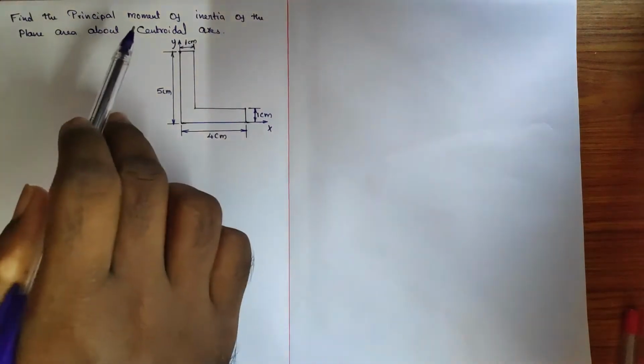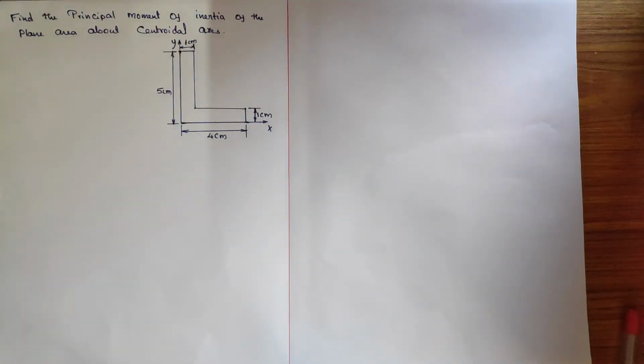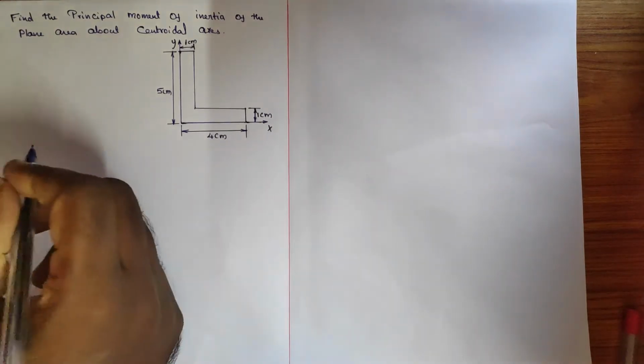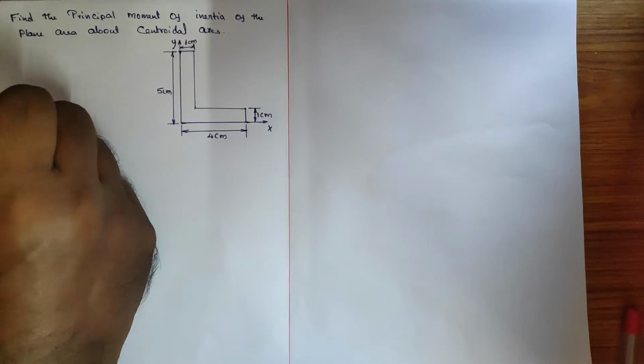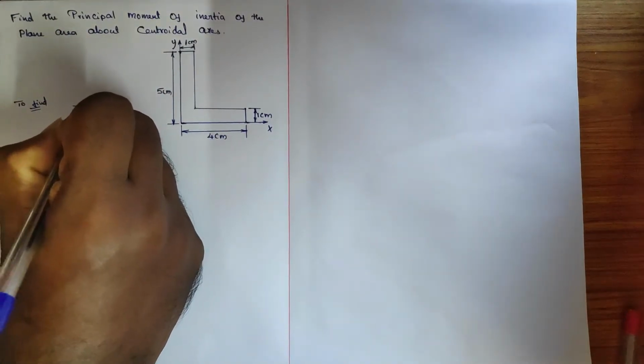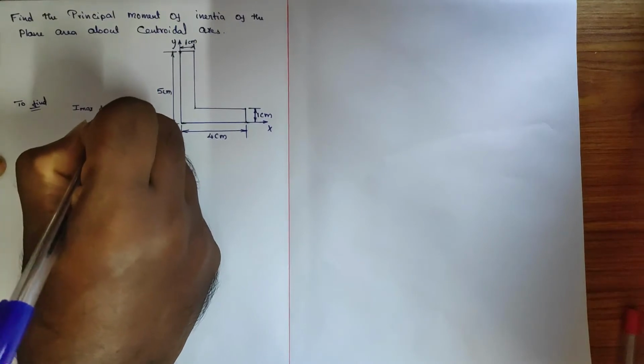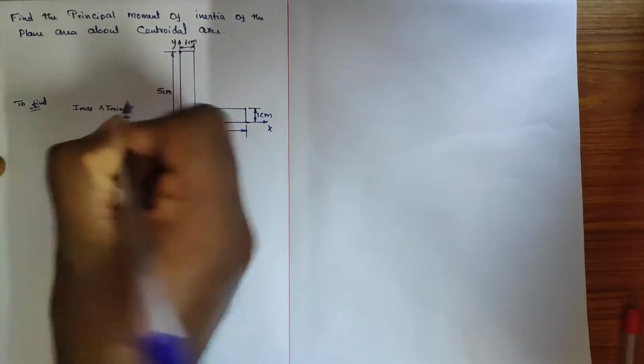When you are finding the principal moment of inertia, almost we have to identify all the answers like centroid, then moment of inertia, product of inertia, then the location of principal axis, and at last only we are able to identify the principal moment of inertia, because the principal moment of inertia includes all the things, right? Fine. So here to find principal moment of inertia, I max and I minimum, this is what we need to find. Okay,